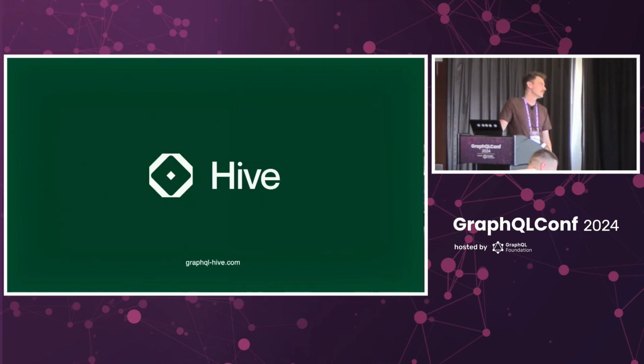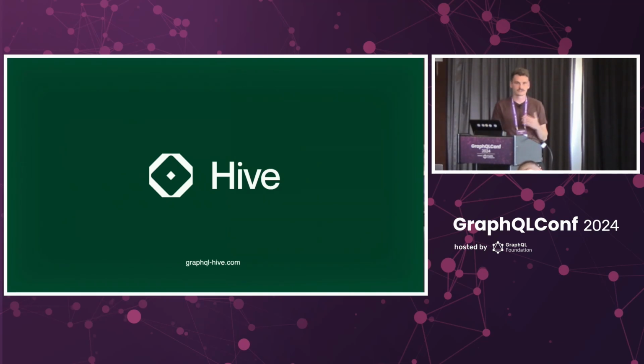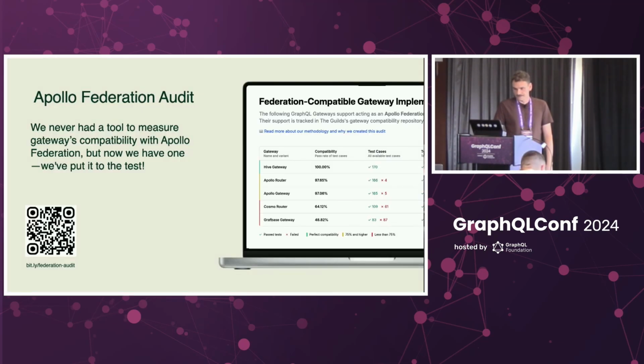Our core product, I would say, or my main focus, is actually GraphQL Hive, which is a schema registry, observability tool, also a gateway, and our solution for GraphQL Federation in general, also for monolithic schemas and so on. And I was working for the past few months on the Hive gateway, but also on the